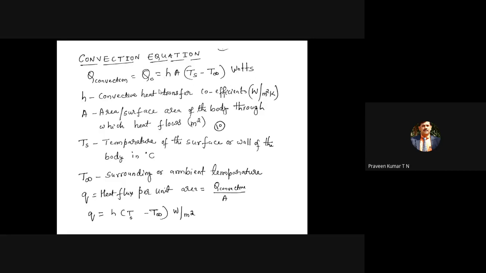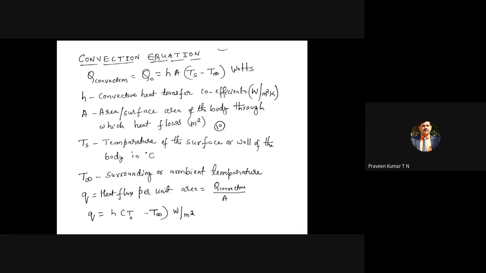h is the convective heat transfer coefficient, that is watt per meter square Kelvin. You had better remember these units also, because sometimes they give the area in millimeter square. In such cases, you have to convert into meter square. When you come to heat transfer, keep all dimensions in meters only, because finally you have to get the heat transfer in terms of watts or watts per meter. So most of the time you are going for the convective heat flux.